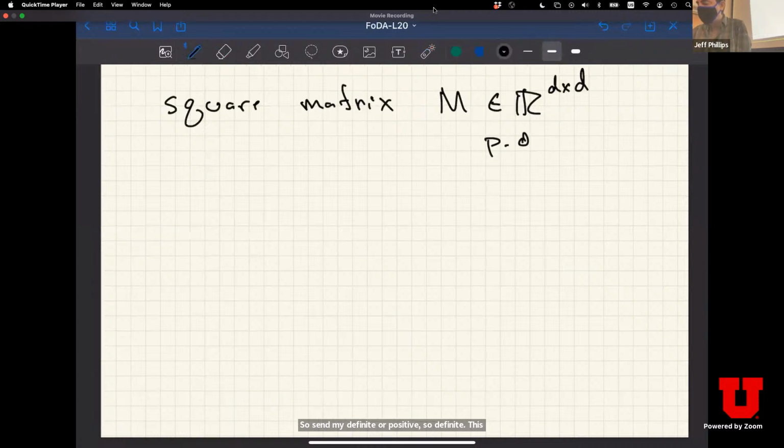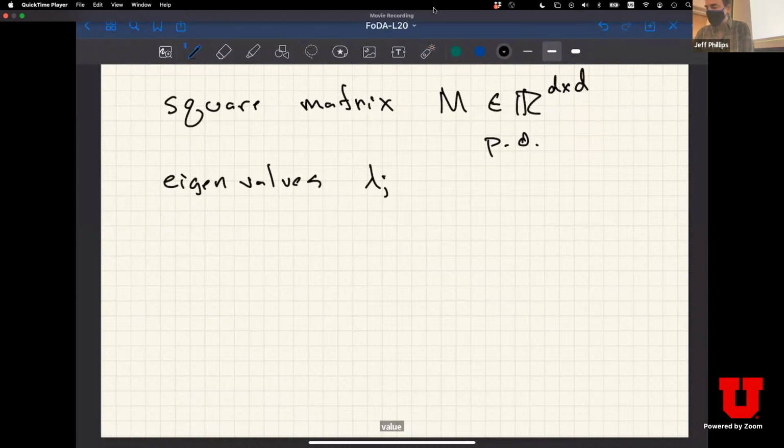This will make everything nice, and we'll come back to this case. Then the eigenvalues, lambda j,